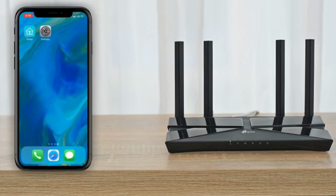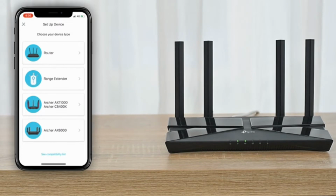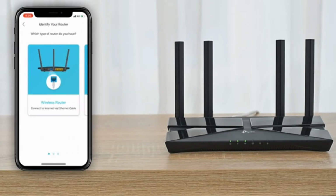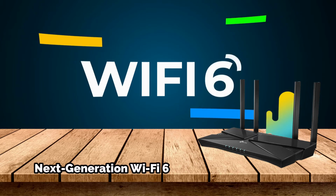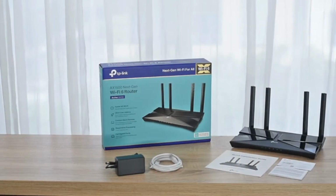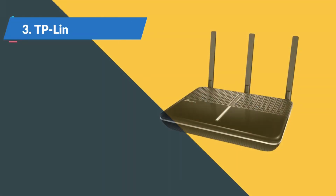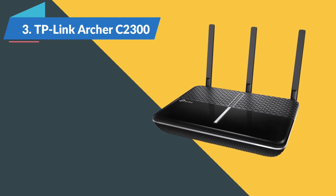A simple and intuitive interface monitors internet connection, router configuration, and connected clients. Modern devices like this must have parental controls. Wi-Fi 6's top performance lets you use a 600 megabits per second optical connection without cables. The price is unbeatable. If you don't mind spending a few dollars more, the TP-Link Archer C2300 is the best